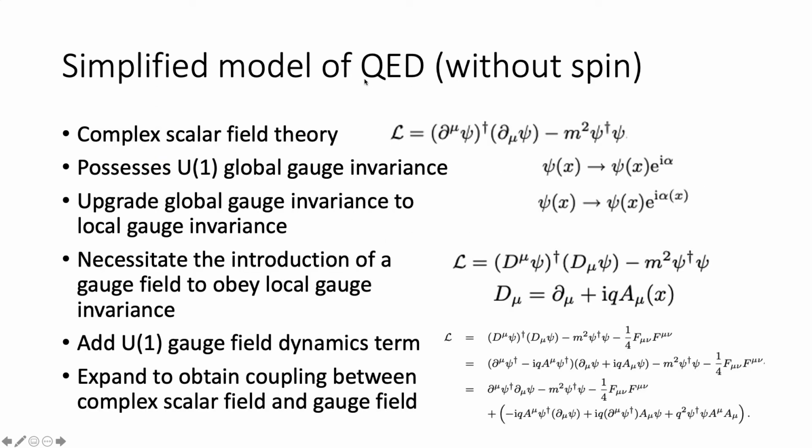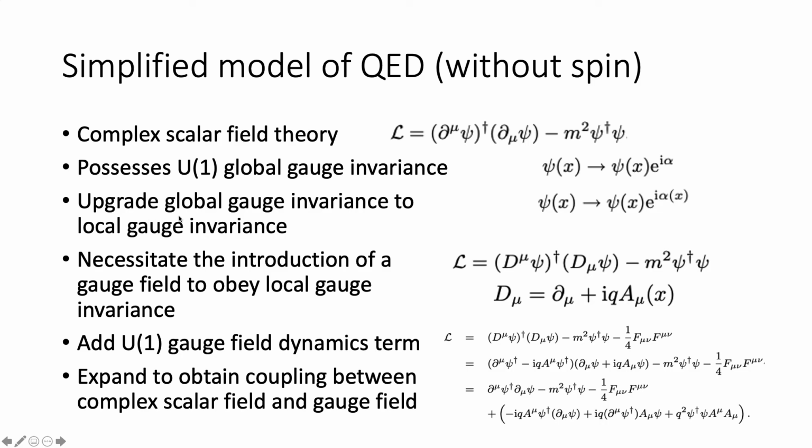So how do we go on to couple electromagnetism to spinors, to fermions? We do a simplified model first to illustrate the idea. If we have a complex scalar field theory, and this complex scalar field theory possesses U(1) global gauge invariance. This is basically a phase. It's a unit complex number, which is why it's U(1). And so it possesses this global gauge invariance. We do this process called minimal coupling,